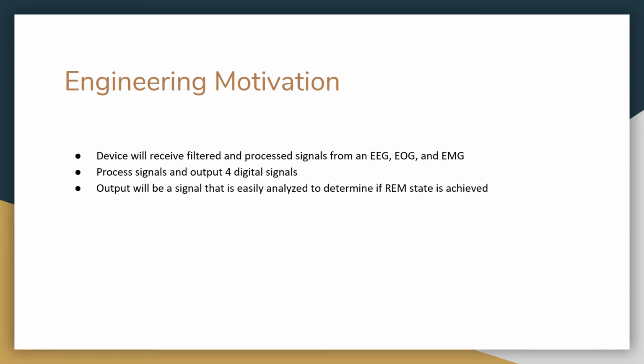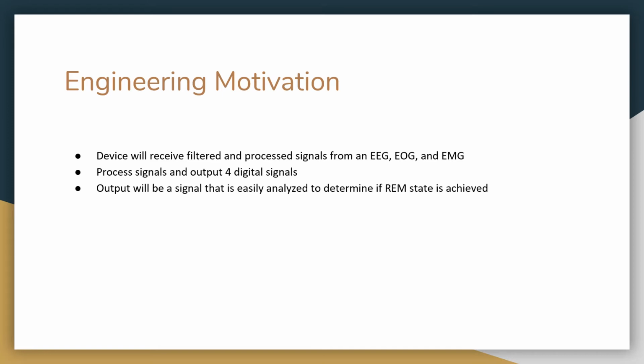Since the signals from each of the physiological responses are all electrical, we need an electrical device in order to interpret them. This is why we obtain the signal from the EEG, EOG, and EMG. But that is not enough for the hypnogram to be able to interpret what sleep stage the patient is in. So, in order to do this, we must look at the various characteristics that are present within each of those